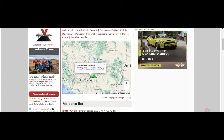Santa Clara: dormant, normal, 1 out of 5. Bald Knoll, 1 out of 5, 7 feet height. Let's see, the other one here is Kolob volcano, about 9,000 feet height. These are supposedly dormant, but we never know there,